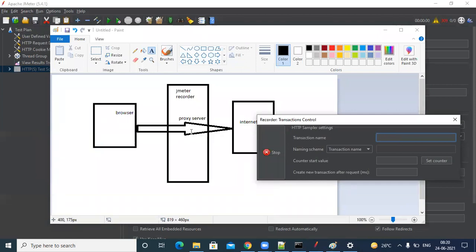Now you want to configure this port and server in the browser, so that whatever you enter in the browser will go to JMeter. Here I will be using Firefox, though you can use any browser.